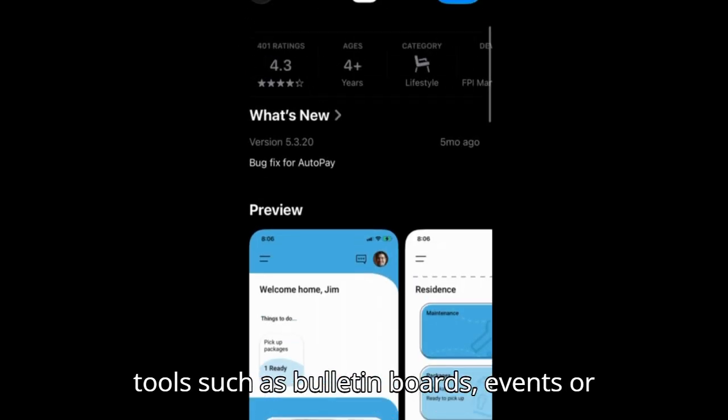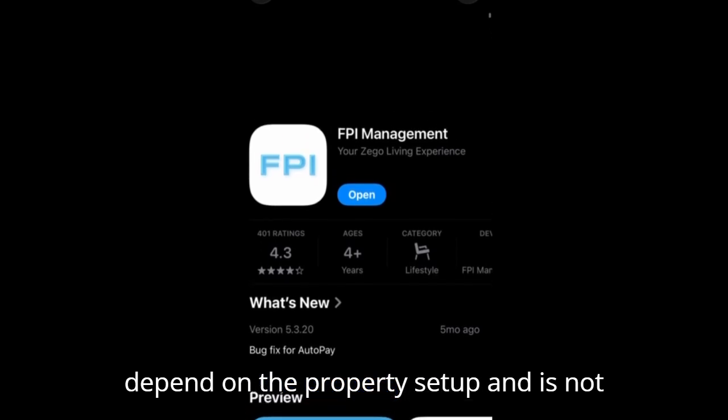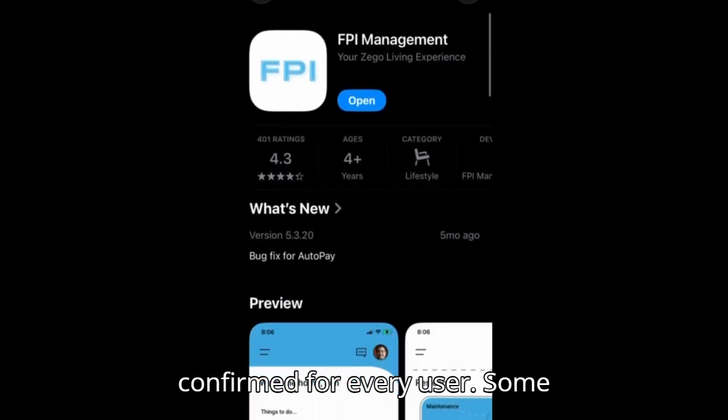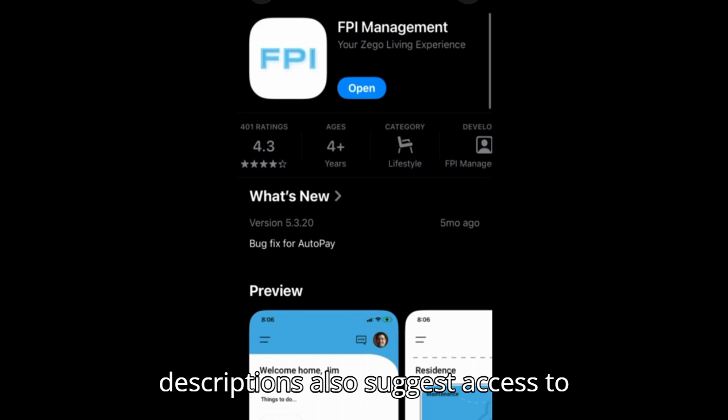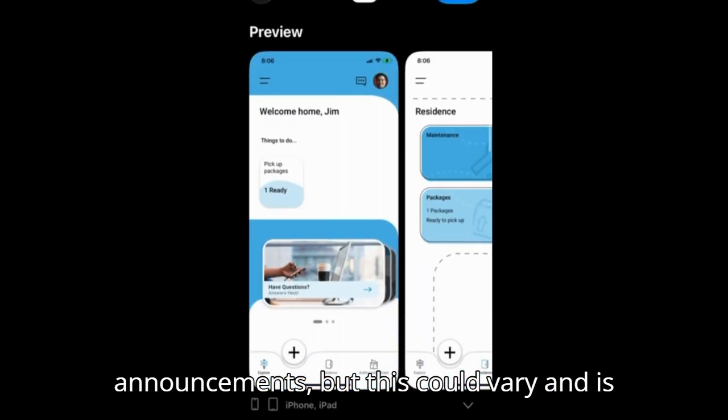updates. The app may include community-related tools such as bulletin boards, events, or classifieds, although availability can depend on the property setup and is not confirmed for every user. Some descriptions also suggest access to additional features like local deals or announcements, but this could vary and is not